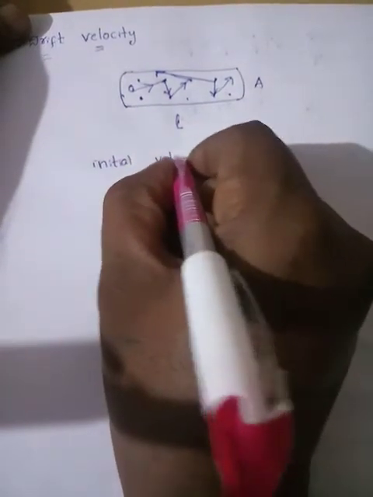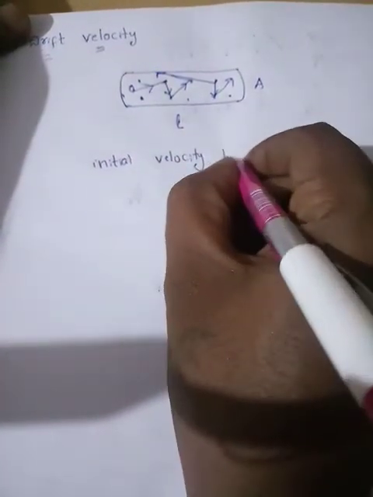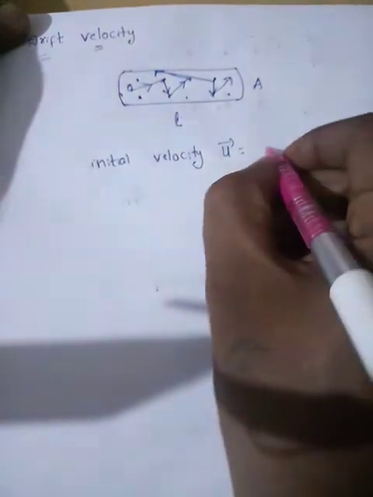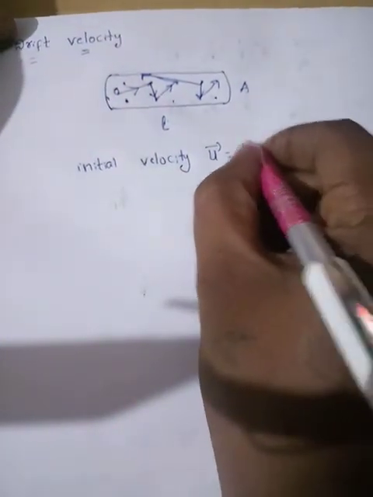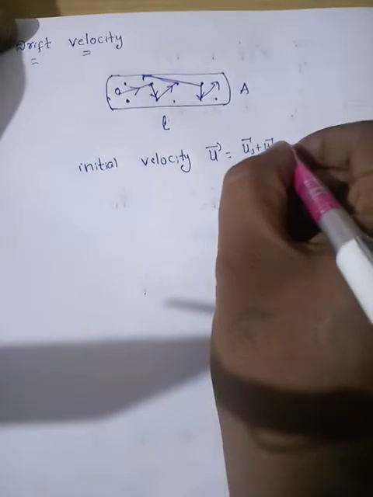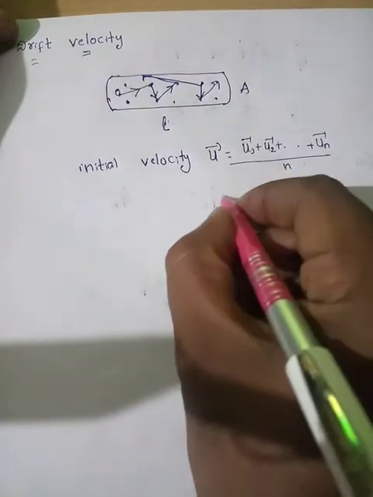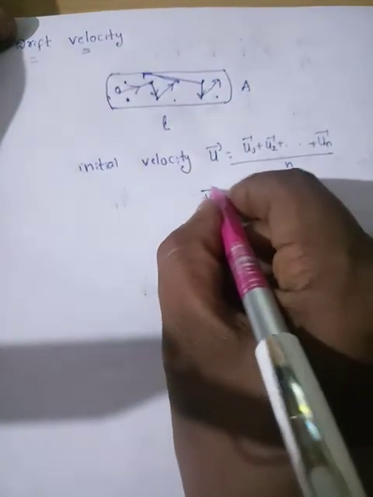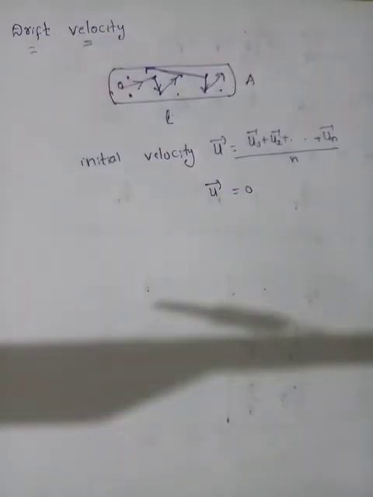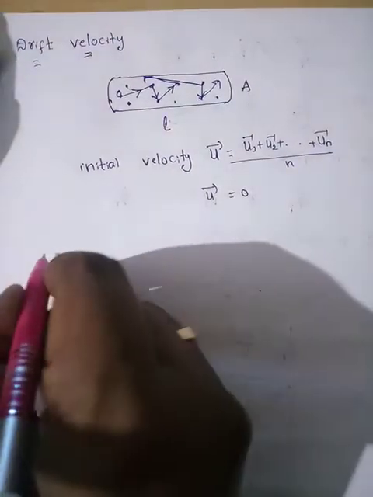initial velocity of all electrons, for example if you consider u as the initial velocity, the average of all these velocities of all electrons, for example if you have n electrons, the sum divided by n is 0. Initially all the charges are in motion but all have random motion, so the net velocity of all these particles is 0, so net current is 0. Now in the presence of electric field,